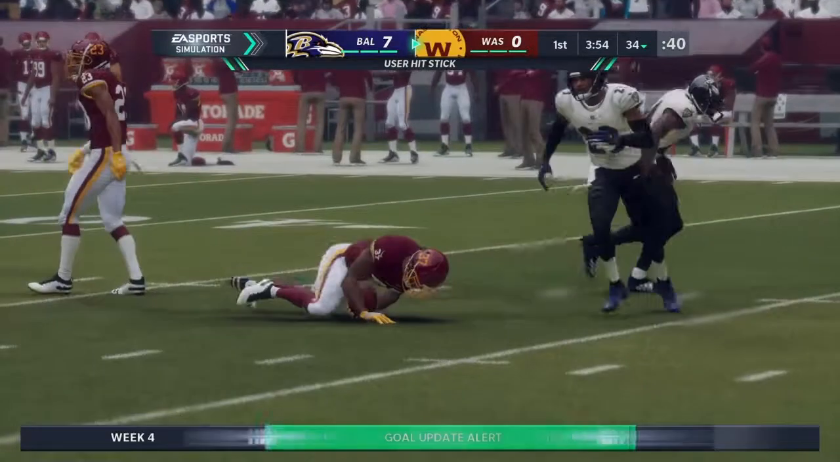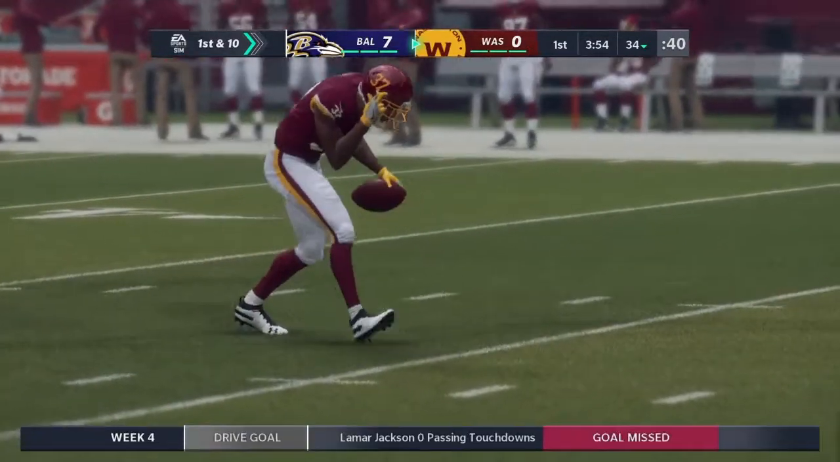On the return. Washington takes over first and